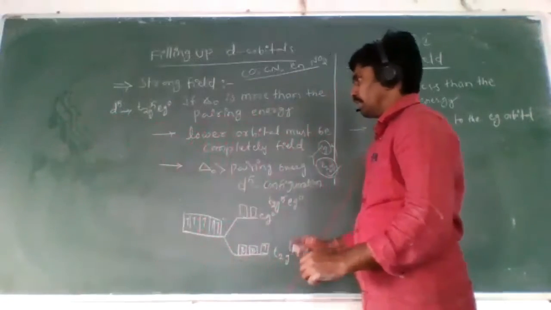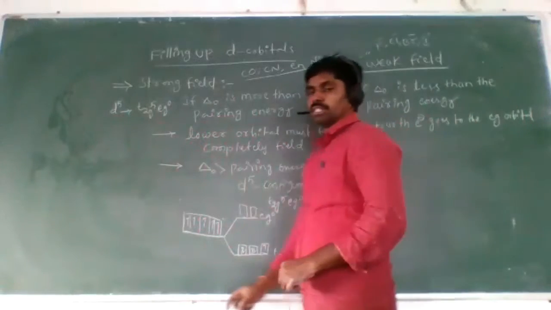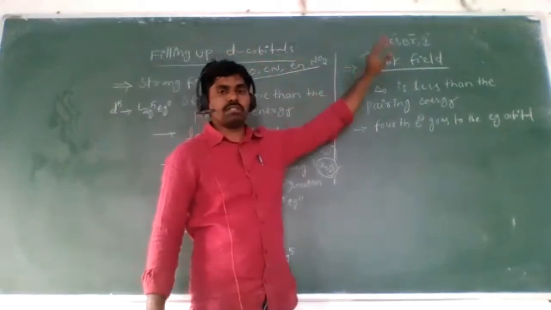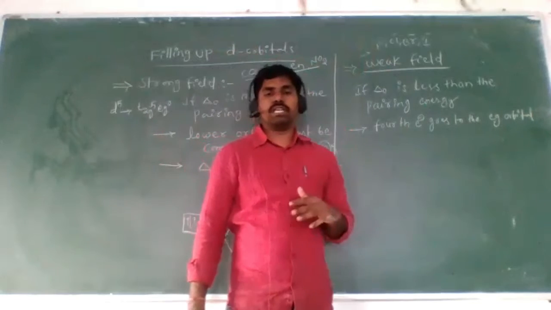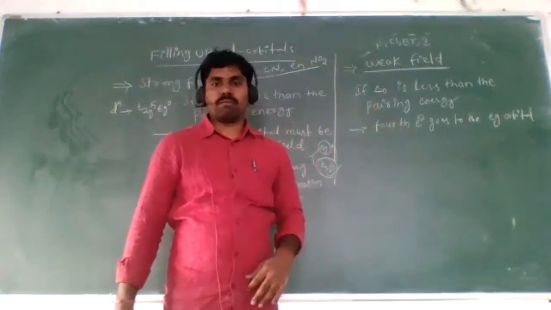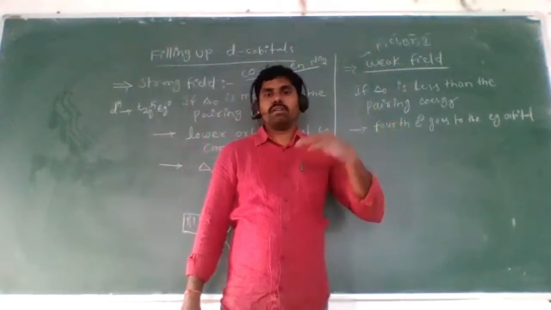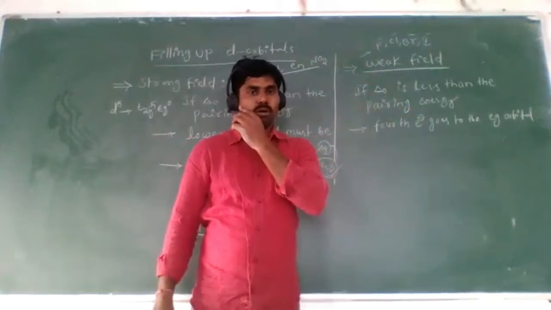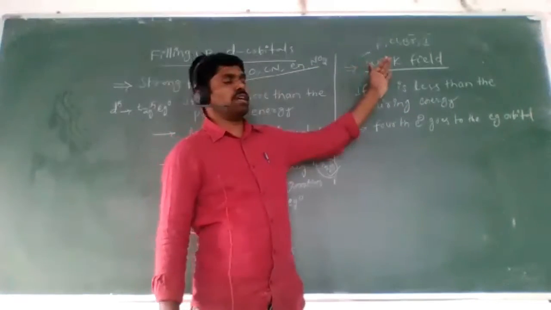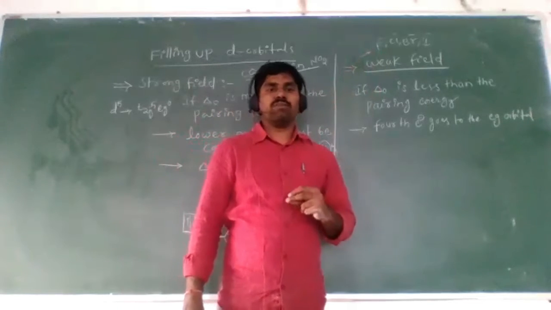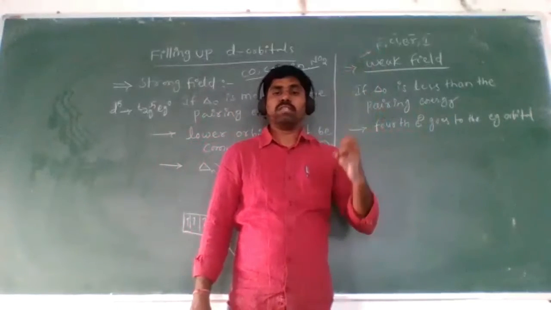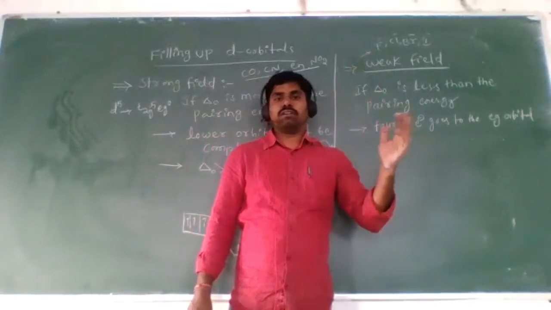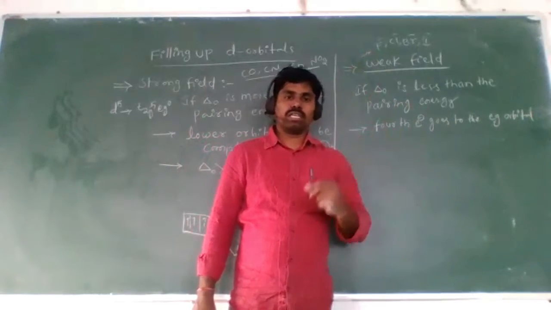Right. Now see here, next one, in weak field. Is that clear? What is the filling of d orbitals in weak field condition? If weak ligands are there, when they approach the central metal atom, how are the electrons filled in the orbitals? In the octahedral, Eg is the higher energy level and T2g is the lower energy level. Weak field means the ligands are weak ligands; when they approach the central metal atom, how do the d orbitals separate?